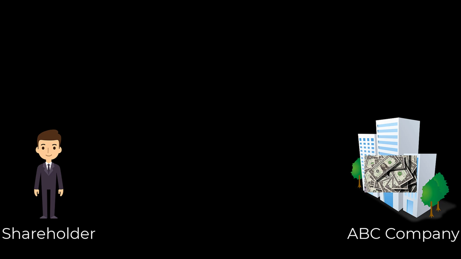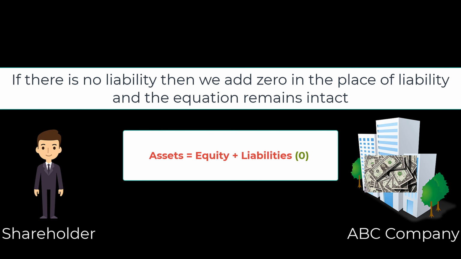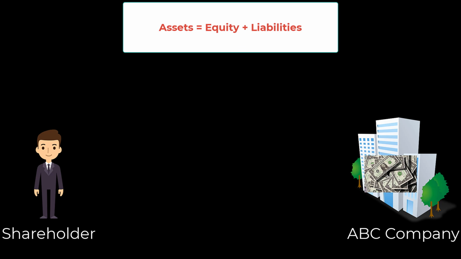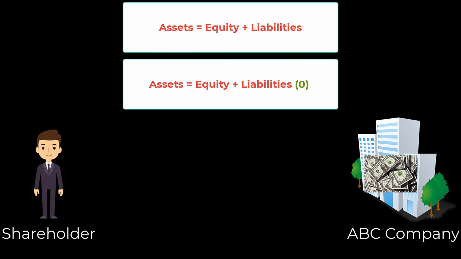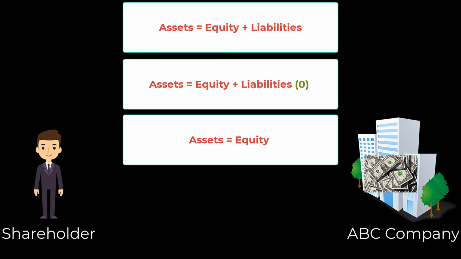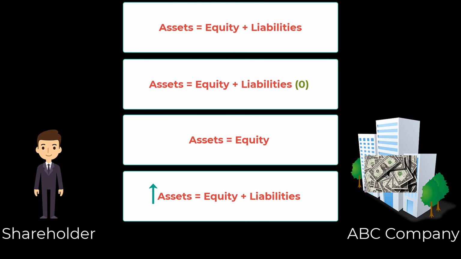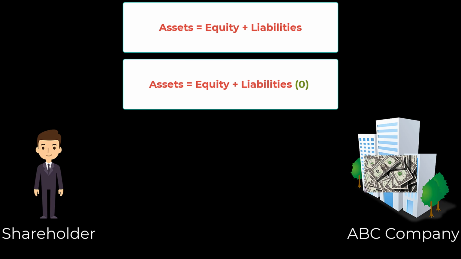Let's assume there is no liability at all for the company, and we would consider liability as zero. Even if you take the same equation, asset is equal to equity plus liability, if there are no liabilities for the company, we put zero in the place of liability. That becomes asset is equal to equity. The moment we have some sort of liabilities coming in, our asset will grow up and liabilities get added to the equity. Just get this concept right. When you take a loan, cash is coming in, it is increasing the asset value, and also at the same time, it is also increasing the liability.